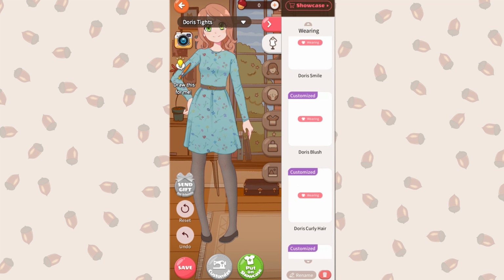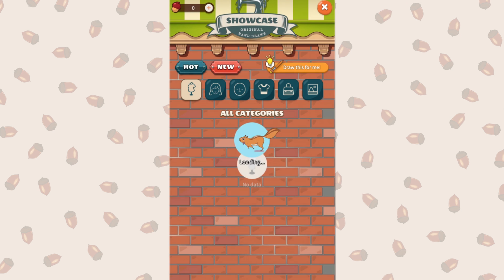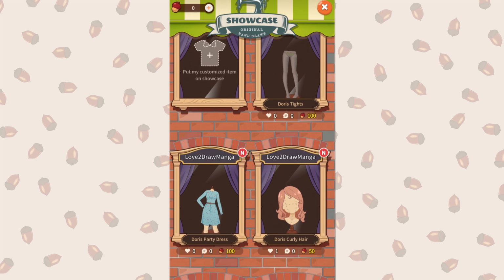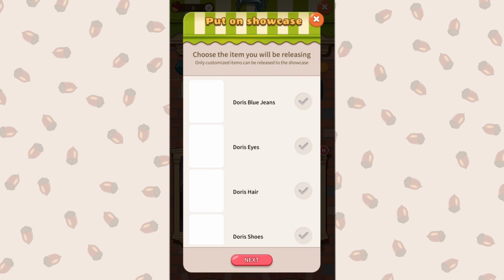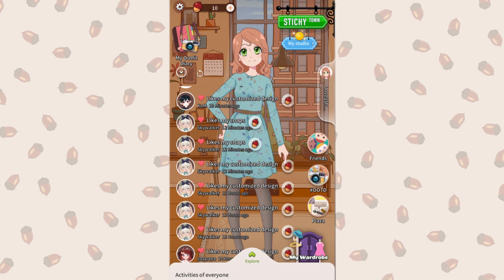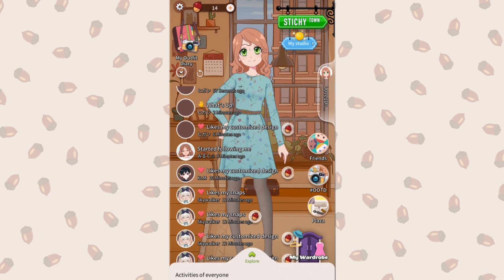So after releasing a few items, I click this button to go to my showcase, and here we can see my different items that are for sale. I can easily add new items from here by clicking this button. After I posted my items, some people liked my picture that I took and the items I posted, so I